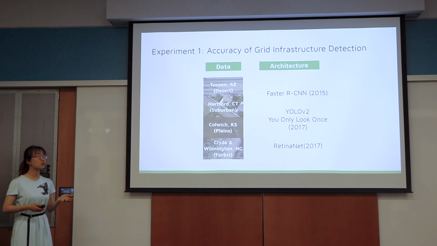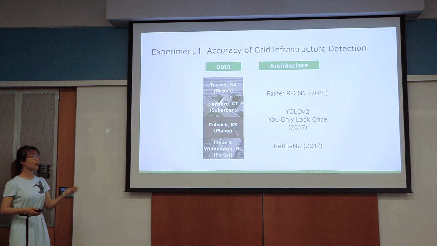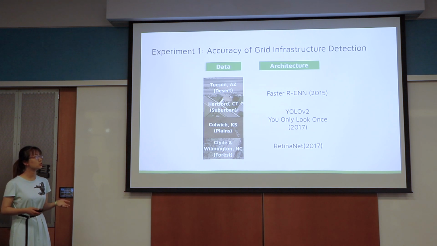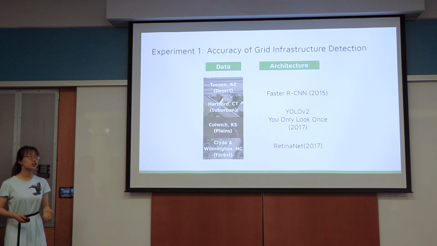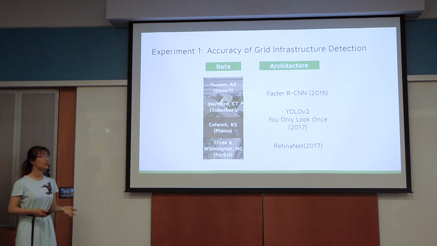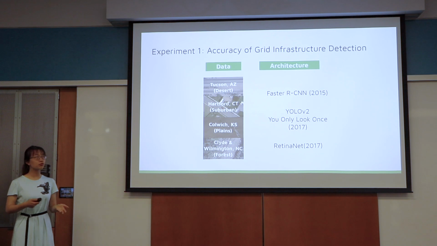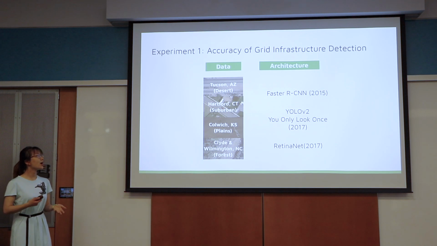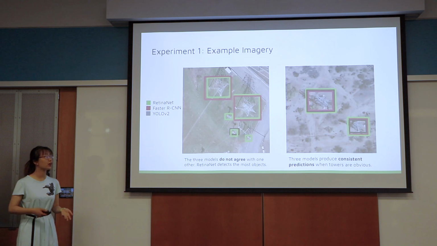And these are the 3 models that really give excellent performance when they are tested on more commonly seen data. So we carry out experiments on these 3 models and feed all the images we have from the 4 different locations throughout the United States. And so from the models, we carry out predictions on our test images. And here are 2 examples of how the models perform.